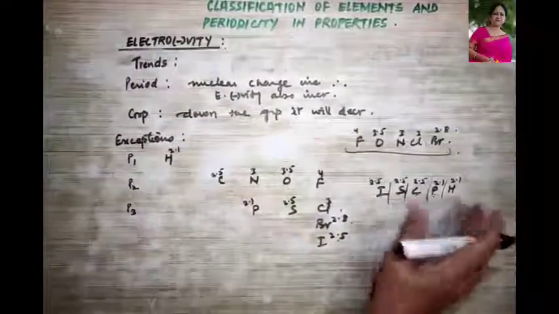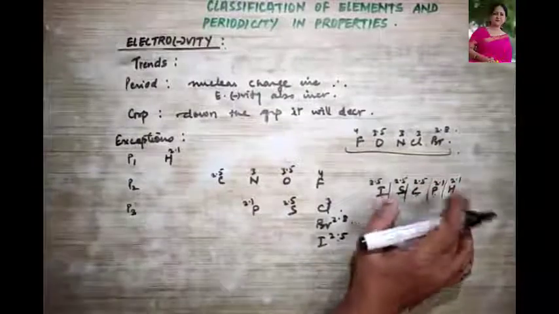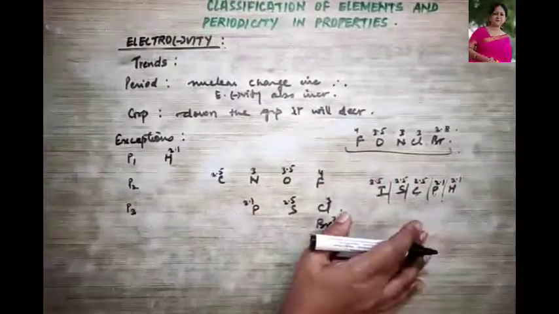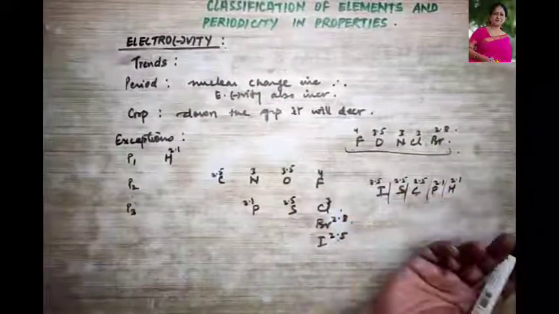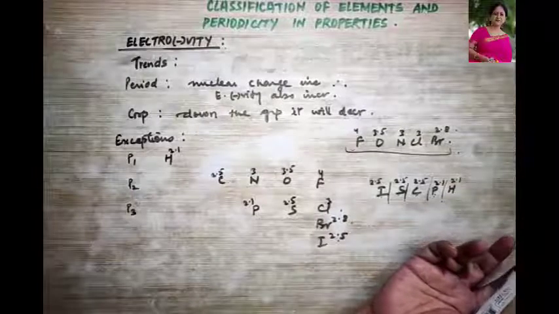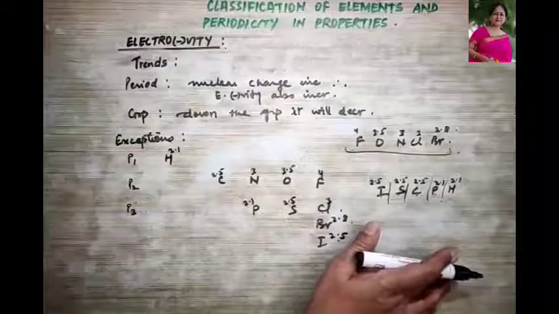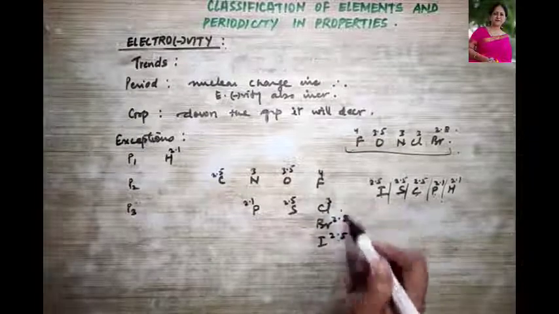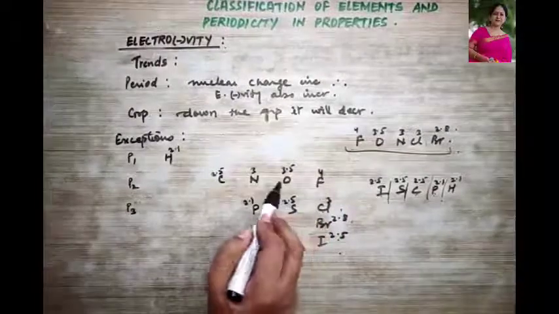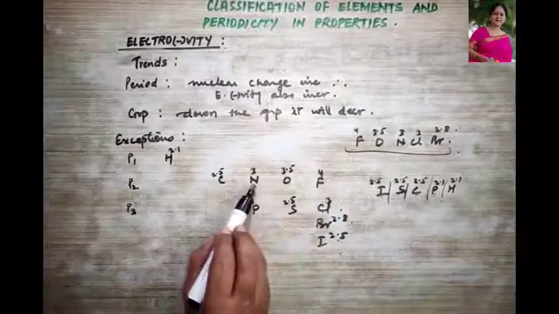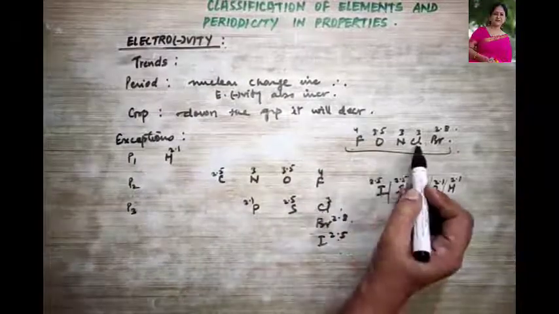So this is a very shortcut way of just learning a handful of your electronegativities. Fluorine you already know, it should be 4, which is the highest, followed by chlorine. Is this clear? As we go down, but if you go to this nitrogen and chlorine, both of them have